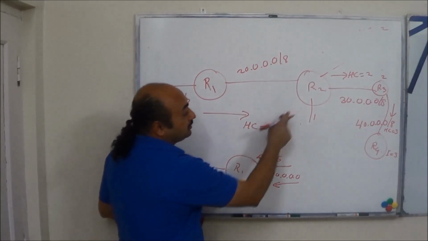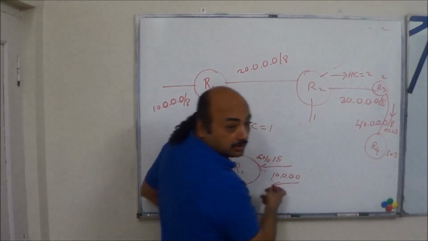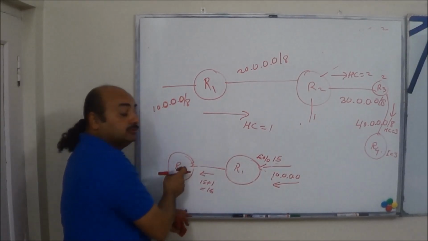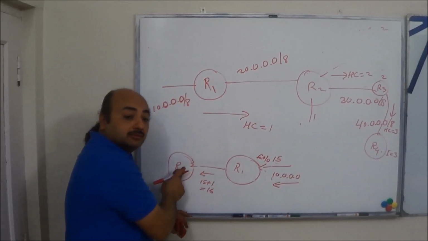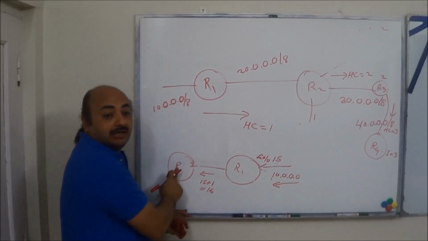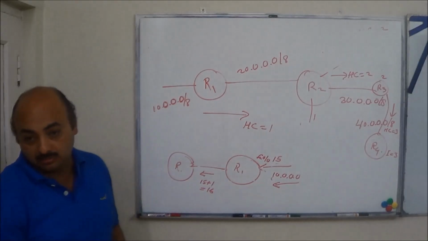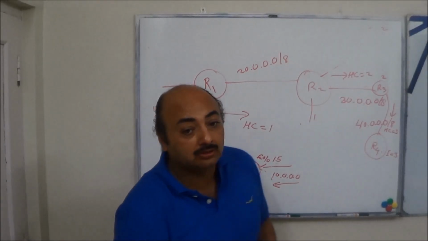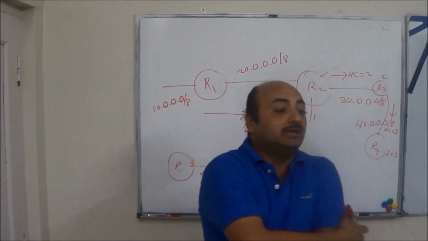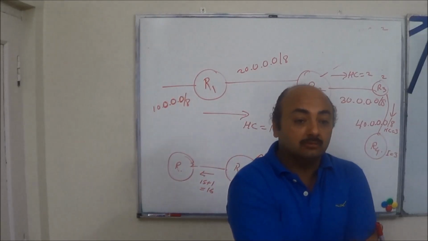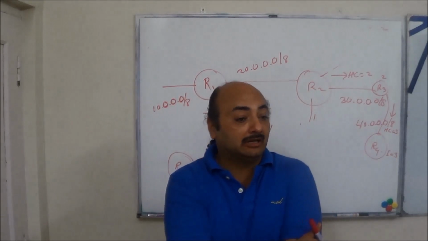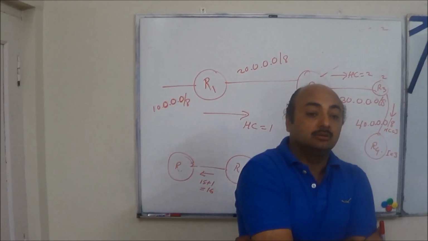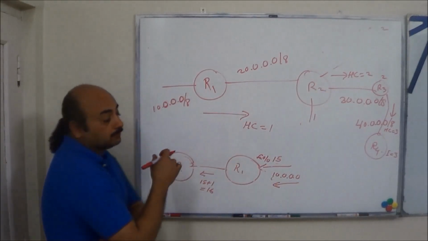The 10 network was sent with a hop count of 1, sent with a hop count of 2, sent with a hop count of 3, sent with a hop count of 15, and installed as 15. But when it was forwarded to the next router, it was added with a hop count of 16. They said, oh, the 10 network is unreachable for me. So what is the maximum hop count that you will see in a routing table? 15. Can we see an entry like 120/15? Yes. Can we see 120/10? Yes. Can we see 120/16? No, we cannot. Is this clear?